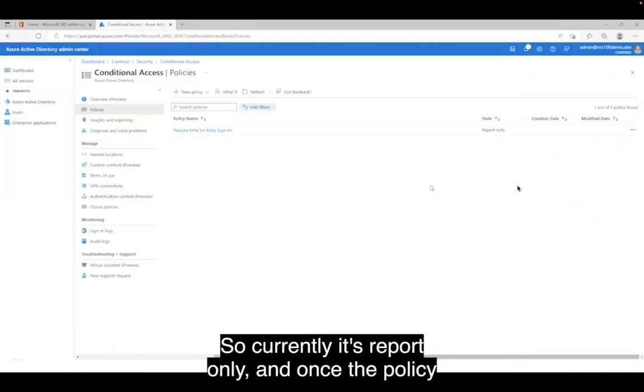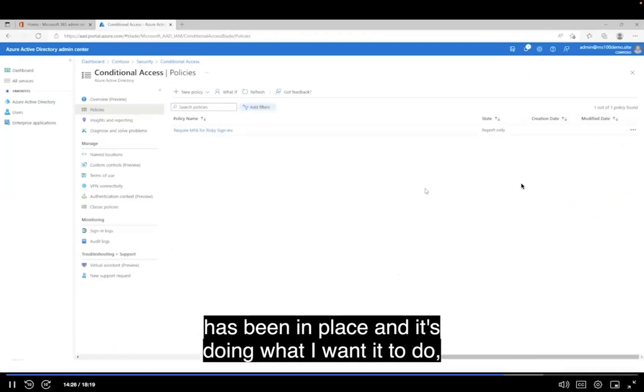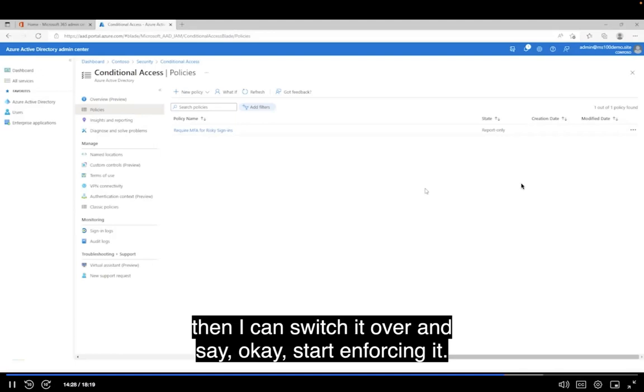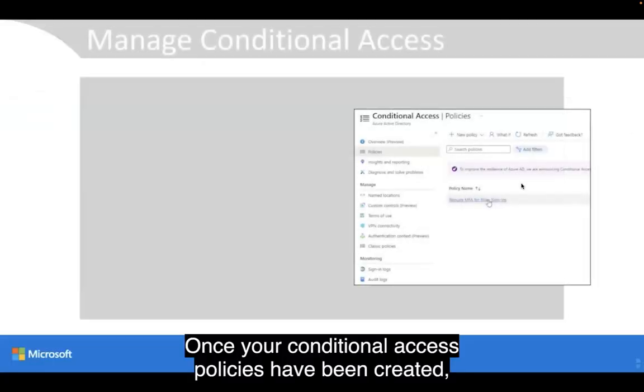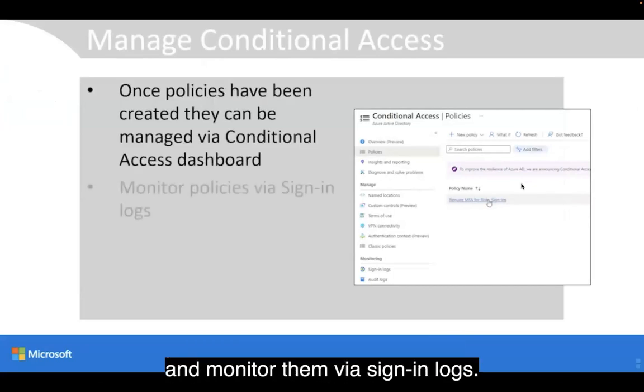So currently it's report only. And once the policy has been in place and it's doing what I want it to do, then I can switch it over and say, okay, start enforcing it. Once your conditional access policies have been created, you can manage them via the conditional access dashboard and monitor them